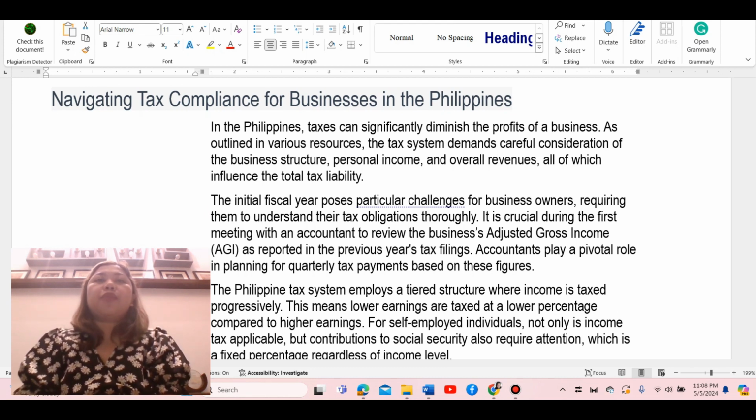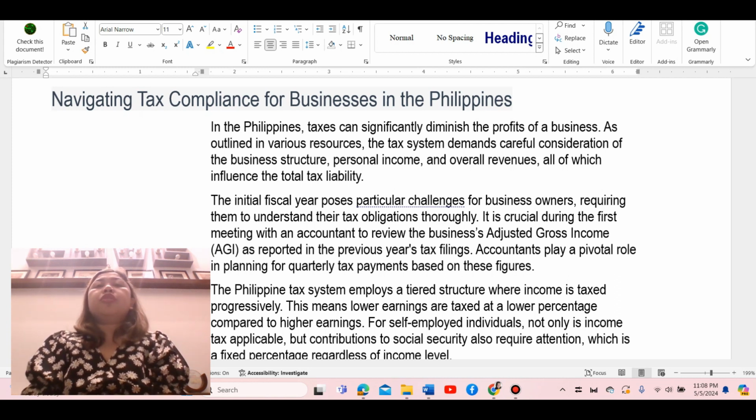Navigating tax compliance for businesses in the Philippines. In the Philippines, taxes can significantly diminish the profits of a business, as outlined in various resources. The tax system demands careful consideration of the business structure, personal income, and overall revenues, all of which influence the total tax liability. The initial fiscal year poses particular challenges for business owners, requiring them to understand their tax obligations